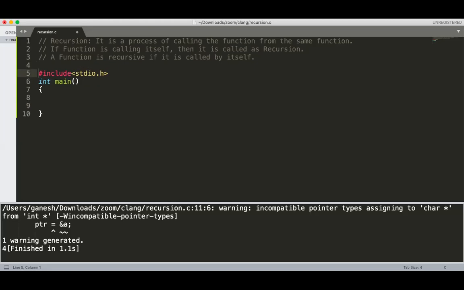But what is the use of this recursion, and when are we going to use it? We will see. Because without use, actually there is no concept present in any language. So what is the general use? Actually, in solving some problems, some programs, if you are implementing mathematical equations, in that mathematical equation some steps are repeated.